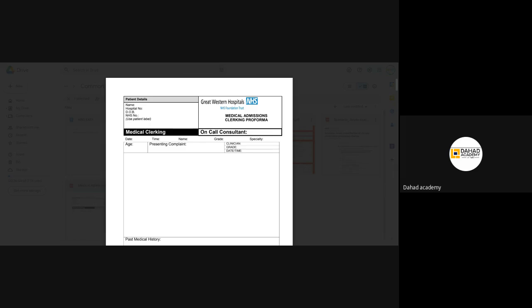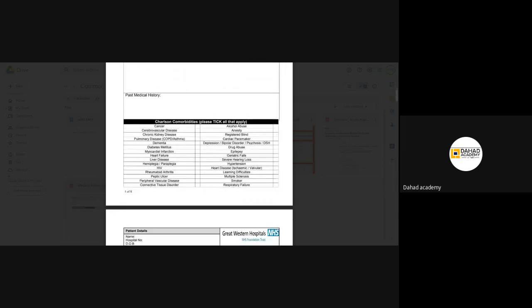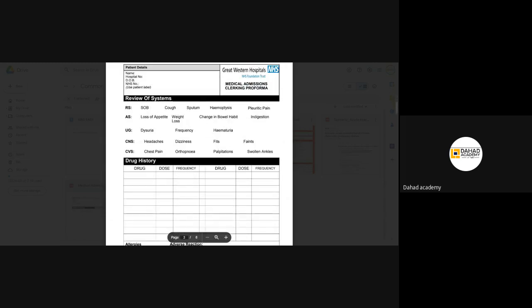Why? Again, like the last time, will the patient require ITU admission? So I should consider that. Will the patient be on ward level care, or will he need non-invasive ventilation, so he will be at HDU? So you need to find out the frailty score of the patient, and then mention the past medical history. So the patient has COPD, diabetes, hypertension, whatever the patient has, put it in the past medical history,